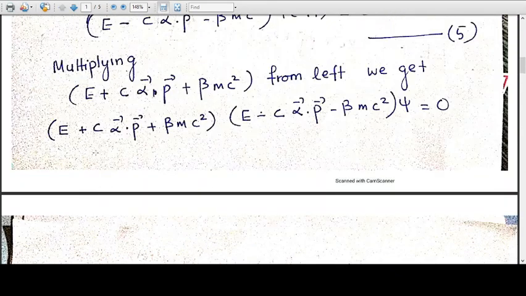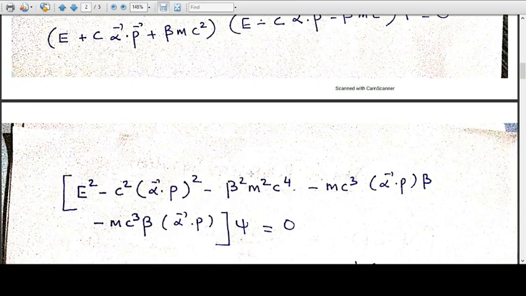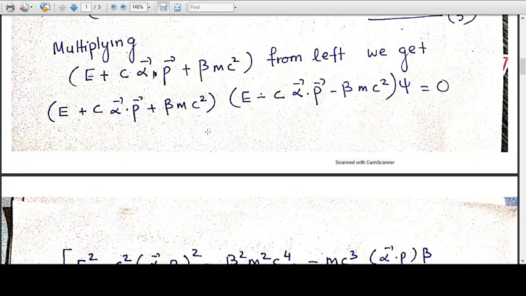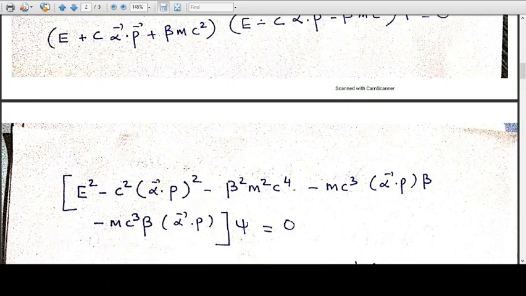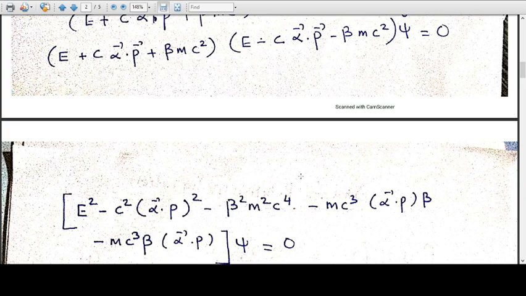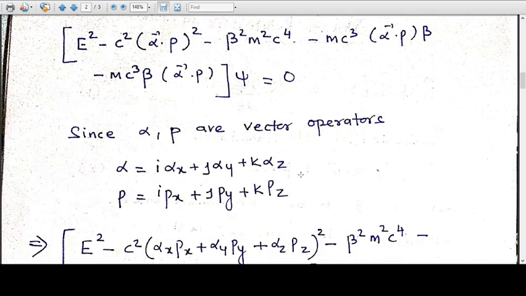Please remember, when you do this you get some more terms, like E square is fine, P square is fine, these three terms are okay. What about these terms? If you multiply, this and this will cancel. Beta MC square E and E beta MC square, these terms will cancel, and finally you will get this term. You have to do it and you will easily find out. There will be only 4 terms which get cancelled.